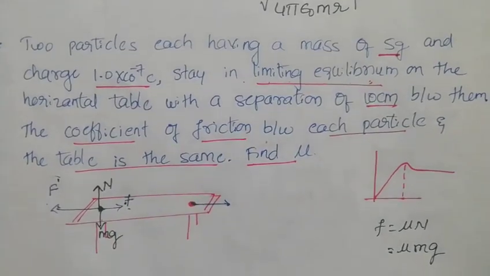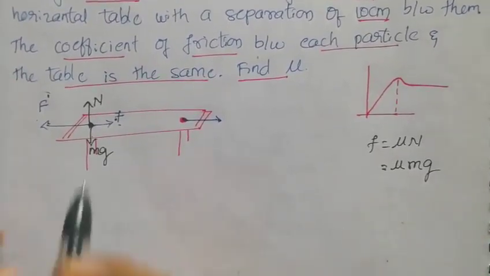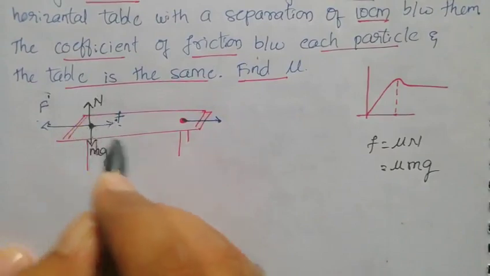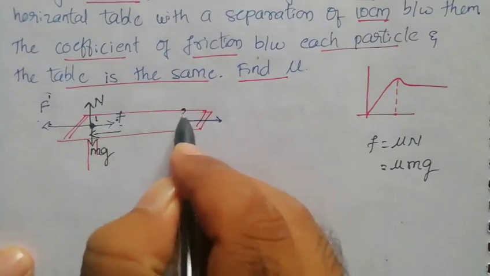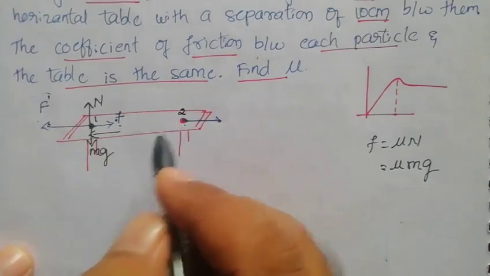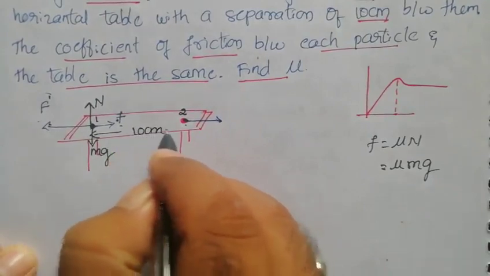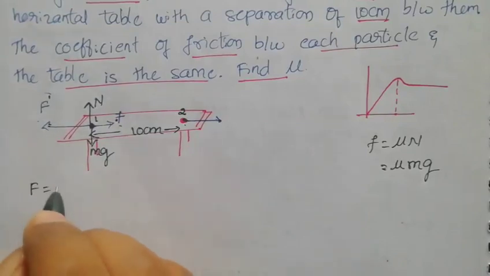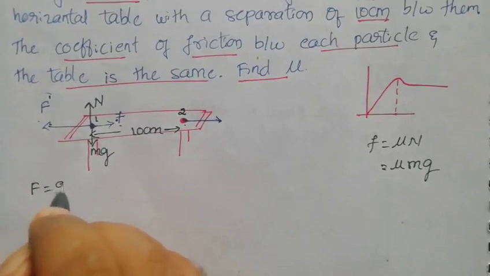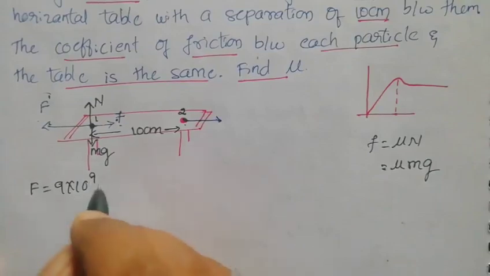Let us look at how we can simplify this. Let me take the two charges as charge 1 and charge 2, and the given distance between them is about 10 centimeter. The electrostatic force is given by Coulomb's law. So I can write the formula: F equals 9 into 10 power 9, which is the value of 1 by 4 pi epsilon naught, into Q1 Q2.